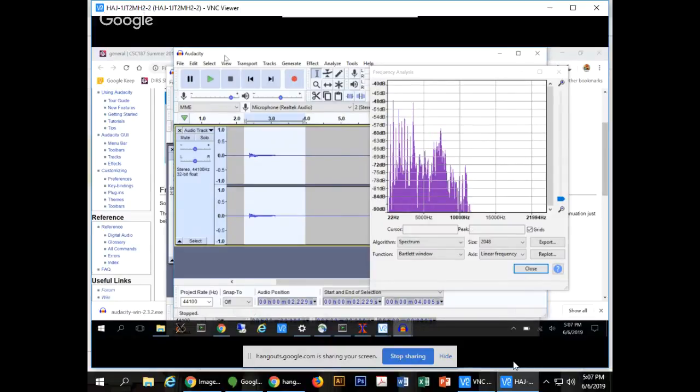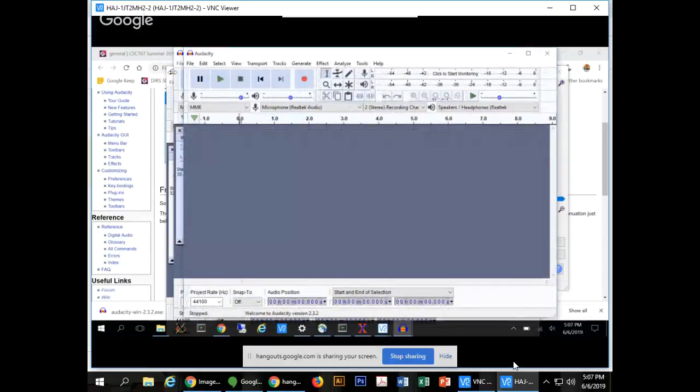So let's do a simpler case. So I'll do another recording, and what I have now is an app called the tone generator. That's basically an audio tool, and what we're going to do is just create a sine wave of a specific frequency. So if I play this now,